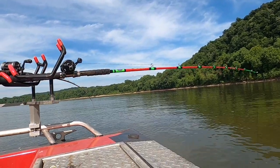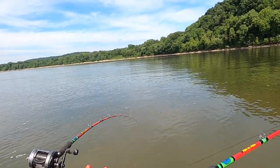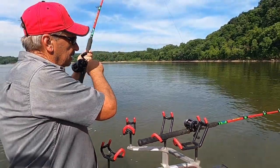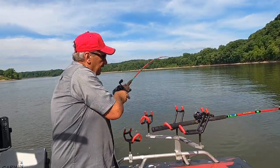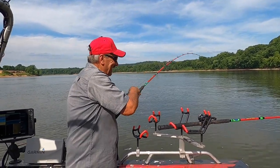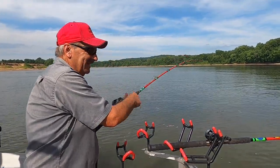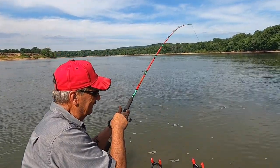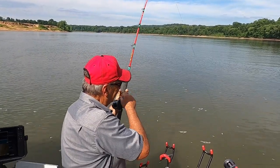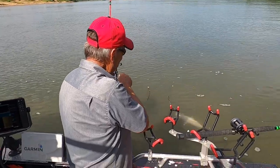Uh-oh. That might be a decent fish. Oh, mercy. Oh, mercy. That's on that bait too. Oh, what the heck? Did you see that? That's on this carp bait. What have I got here, boy? He took it. That's a catfish. He might not be as big as I think he is. Well, he's pretty nice, but